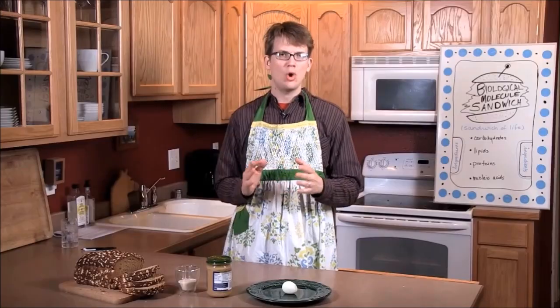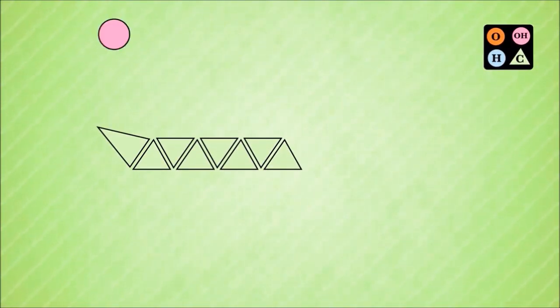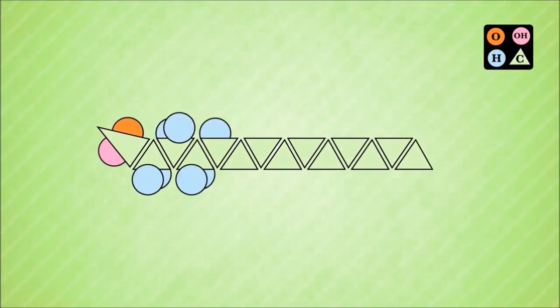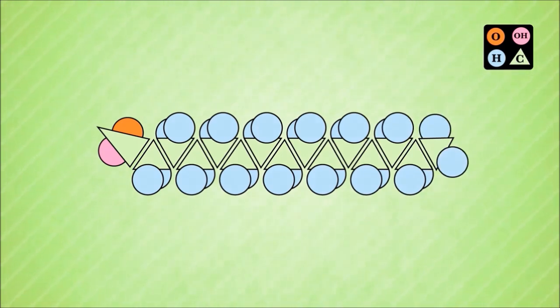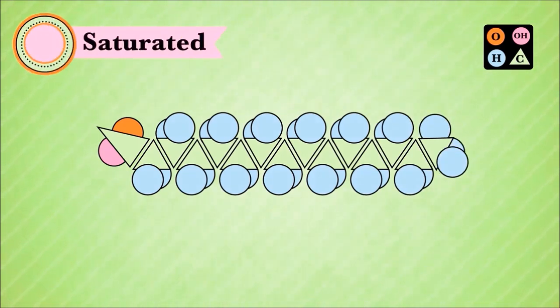These triglycerides can either be saturated or unsaturated, and I know that when we put the word fat and saturated into the same sentence, it sounds like an evening at KFC. But here we're talking about being saturated with hydrogen. As you hopefully remember from our first lesson, carbon is very nimble in how it uses its 4 electrons. It can form single or double or even sometimes triple bonds. This means that if the carbon atoms in a fatty acid are connected to each other with single bonds, all of the carbon atoms end up connected to at least 2 hydrogen atoms, and one of them picks up a third. So the fatty acid is saturated with hydrogen.